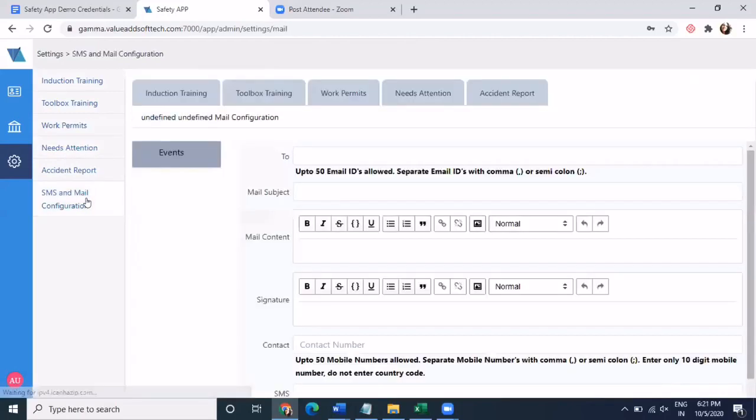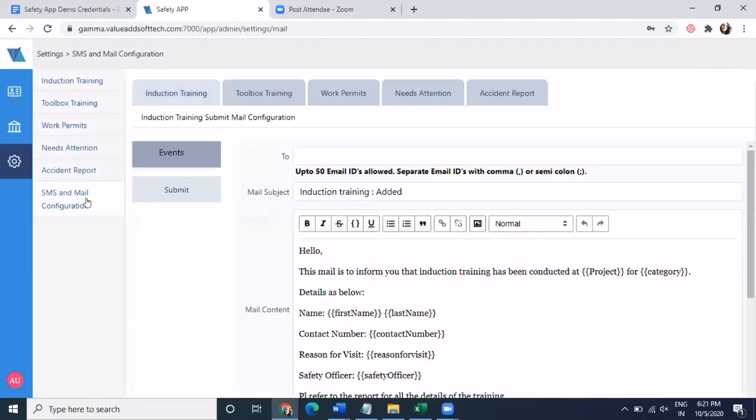Now we have another feature called SMS and mail. For each of the flows that you saw on the mobile, there are certain events, and a mail or an SMS can be triggered for these flows, and they can be configured from here. Let's take an example of induction. For induction, there's only one event, submit. So whenever an induction gets submitted, if you want a mail to be triggered,